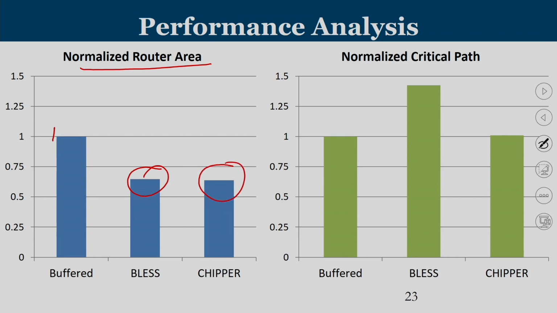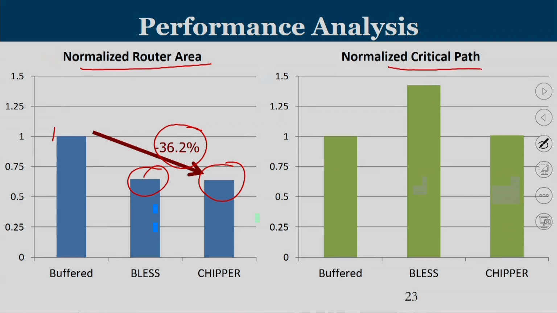So, in terms of the area of a router, we can see that BLUS and Chipper are able to reduce it substantially. Close to 36% is the savings that the authors of this proposed work, Chipper, have achieved. But now you have to understand how complex the circuit is, and that is what is known as the critical